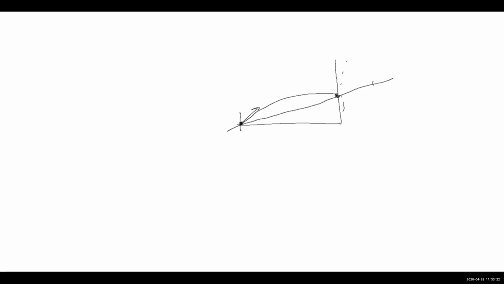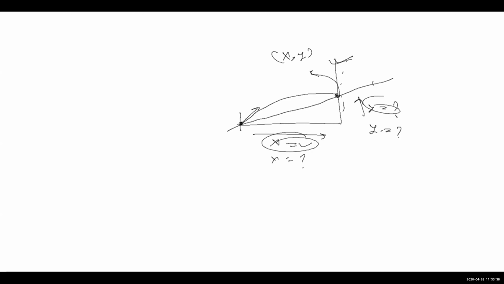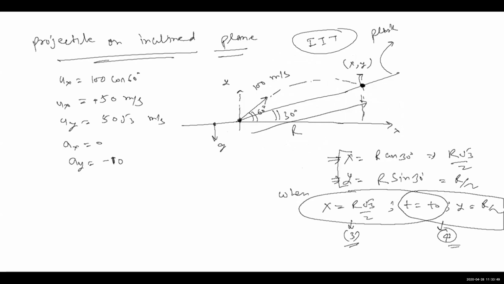Only thing here is when we were solving this question, x was given and y we need to calculate, or y was given and x we need to calculate. What if neither the x nor the y is given? No problem. Take it as x, y, which we have to find; we have to calculate r. Get the value of x in terms of r, get the value of y in terms of r, make the equation using 3 and 4, and then solve it. That's what we are going to do here. This question is similar to the wall question. Only difference is neither the x nor the y is given. You have been asked to make the equation.